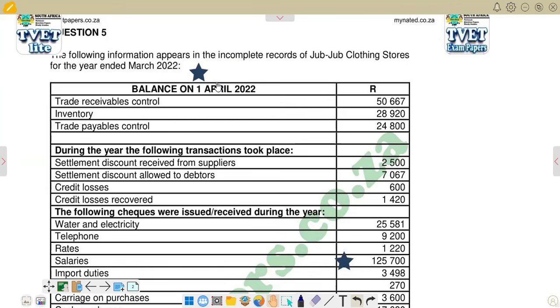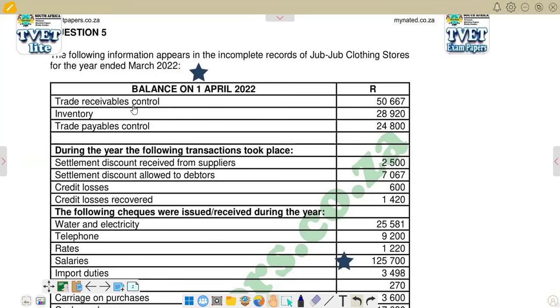And we are going to look at incomplete records, whereby we're going to prepare the control accounts to find the incomplete information. So we have got question 5 that we have here, and it reads: the following information appears in the incomplete records of Jab Tube clothing stores for the year ended March 2022. And then we are given balances on 1 April 2022, which is an opening balance that we